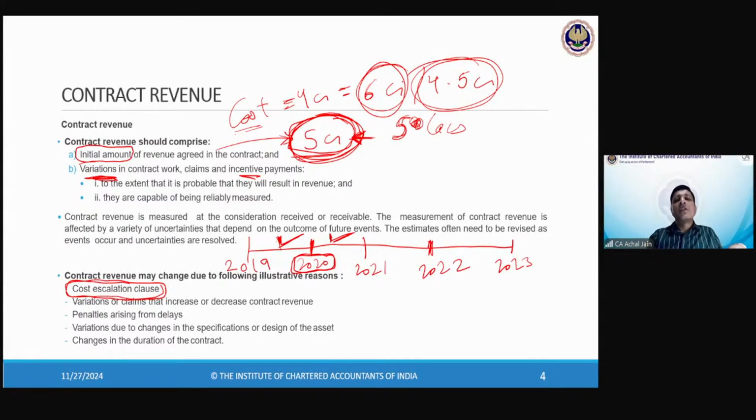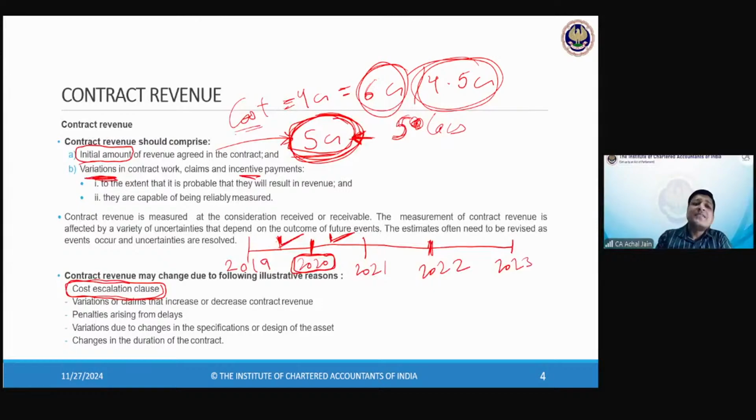No. Let's suppose it's only a clause in the contract which says that if there is a cost escalation, the contractor will be paid. Now tell me one thing. When the two parties enter into the contract, what was the amount which was fixed, which was agreed, over which there is no dispute? Lowry says 5 crore. What about others? Manvi says 5 crore. So only the amount of 5 crore is fixed, over which there is no dispute.